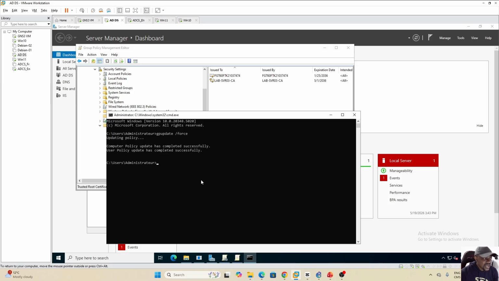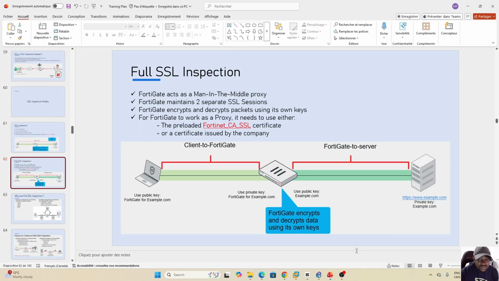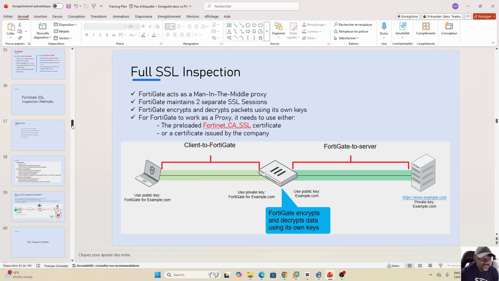Or you can simply ask your users to log out from their workstation then reconnect again. After reconnecting, the GPO will update directly on their workstation and the certificate will be installed, and then they will be able to browse any web content. So I think that is it for